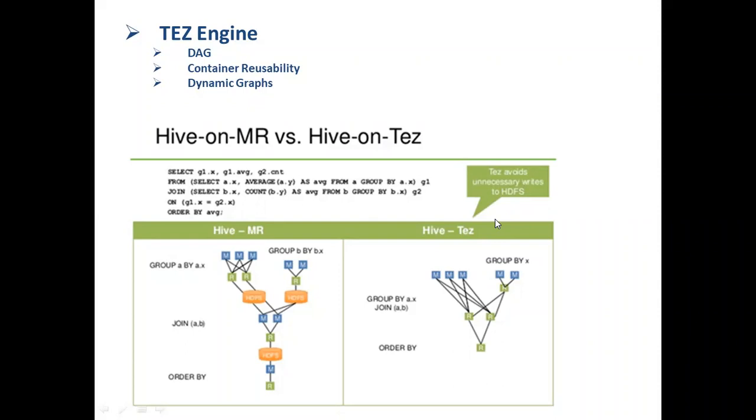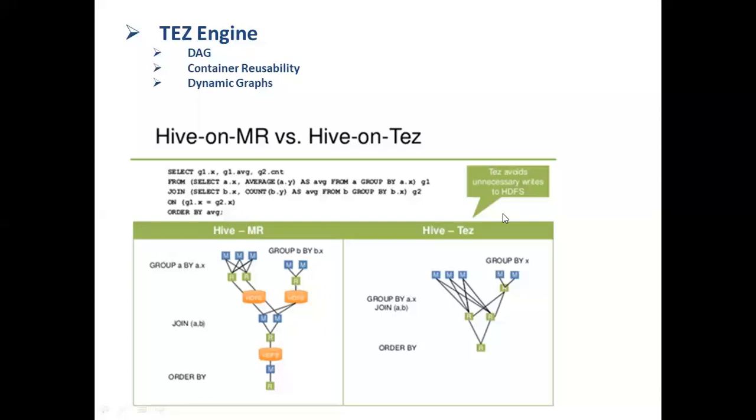A MapReduce task is mainly divided into two phases, the map phase and the reduce phase. Output of the mapper is collected by the reducer, and then the reducer output is always written into the HDFS file system. If you write a complex query in Hive, one MapReduce job is not able to complete it, so a chain of MapReduce programs gets created. Every MapReduce program writes its output into HDFS, and the next program in the sequence reads from HDFS and then does the next process. It's an overhead and slows down the performance.